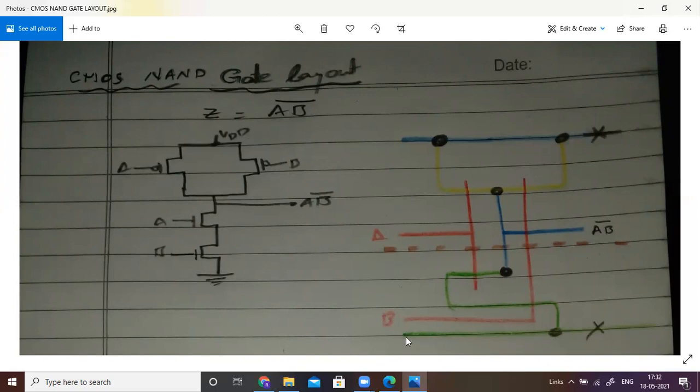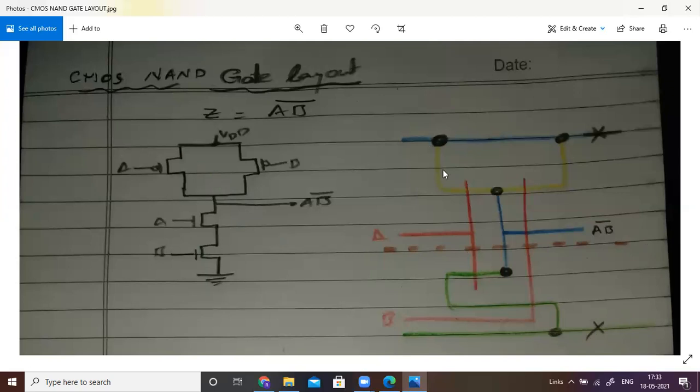I forgot, I have taken only green color, but it's not a green color, it is a blue color. Okay, draw a blue color here. Don't get confused here. This is the blue color. So take a blue color and draw here. Then there is exactly the center point. You draw a demarcation line by using a brown color. Okay, draw a demarcation line by using a dotted line. So this is exactly the center of the 2 horizontal blue lines.